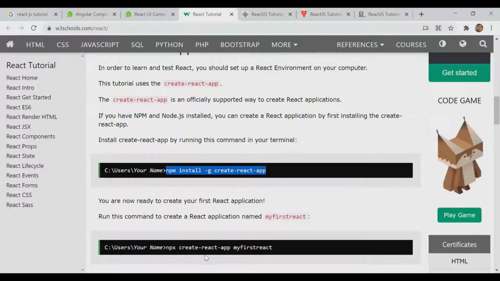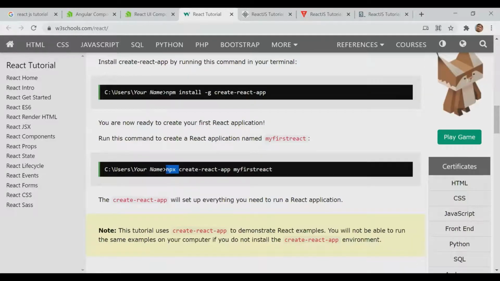It's the npx command. This npx will download all the required files in that folder. My first React is the folder name. And in that folder, it will install all the required files. It's a huge number of files, thousands of files will be there. Then what is the use of this command?